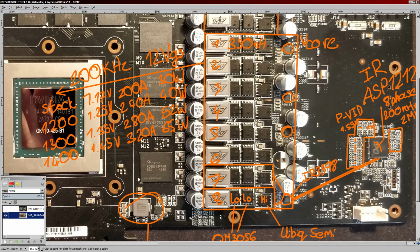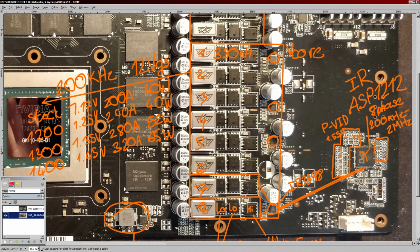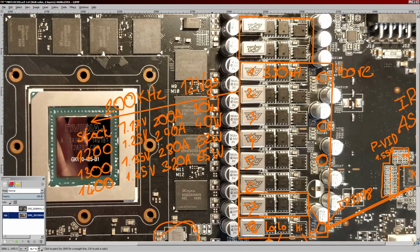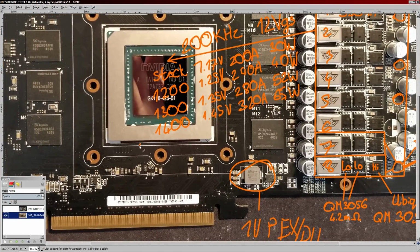It should still be coolable. If you throw a big enough fan on it with high enough airflow, and I'm actually going to be mounting a VRM heatsink that does fit this, that comes off of a motherboard, which is massive. It's a huge heatsink. Well, you've seen it on the 7950, I think, in some pictures. I'm not sure. Either way, I do have a motherboard heatsink that'll fit onto this VRM just fine and cover all the MOSFETs, so that's what I'll be running it with. And given enough airflow, that should be able to handle 65 watts of heat, but this is going to run hot. And then once you go on liquid nitrogen,